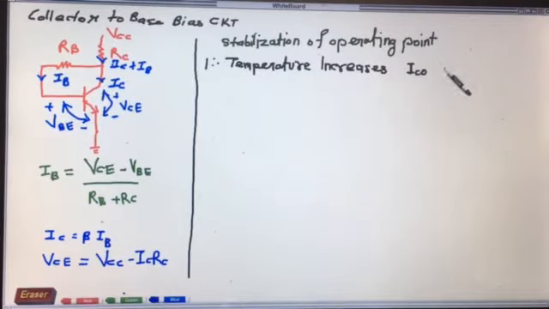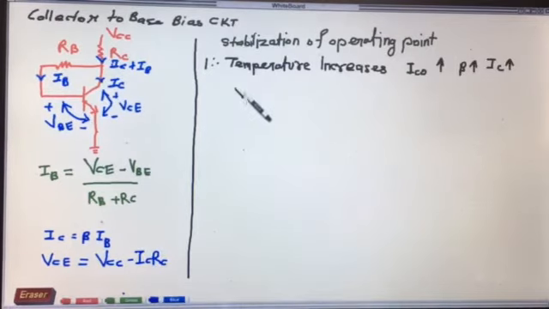Due to this, ICO increases with temperature and beta increases, which will increase the collector current IC. When collector current IC increases, in that case VCE